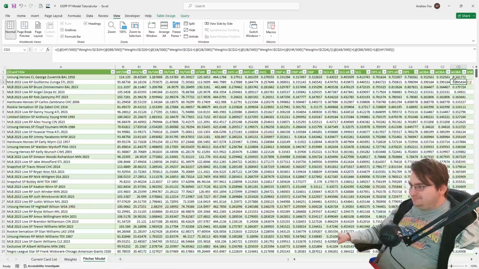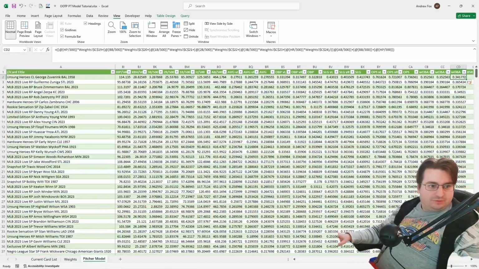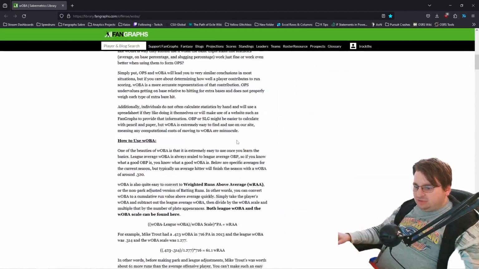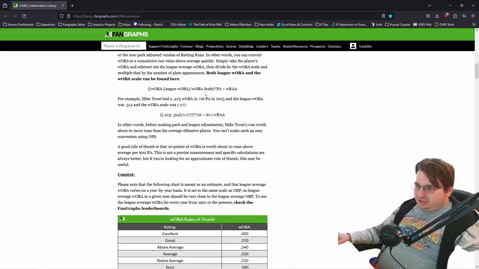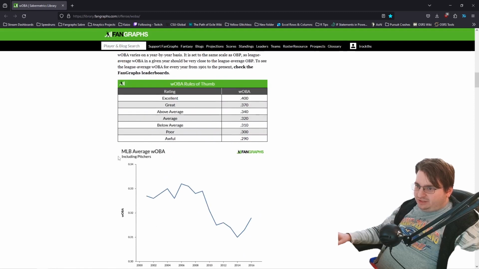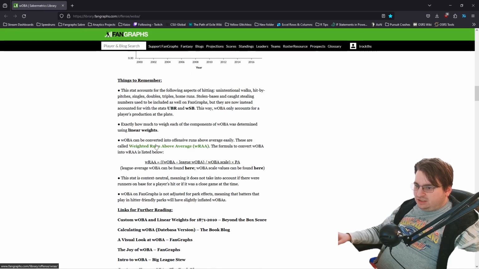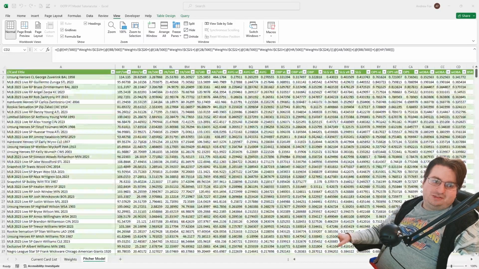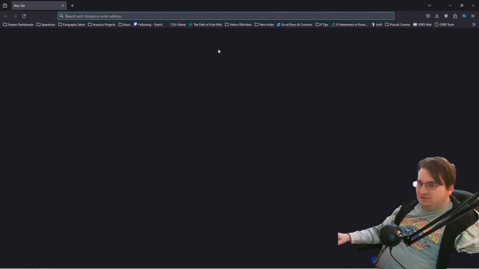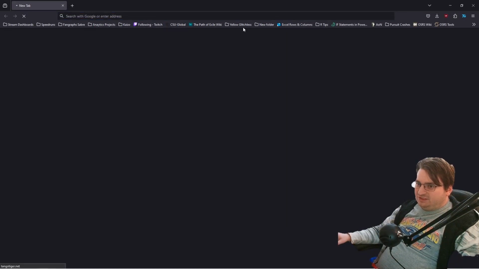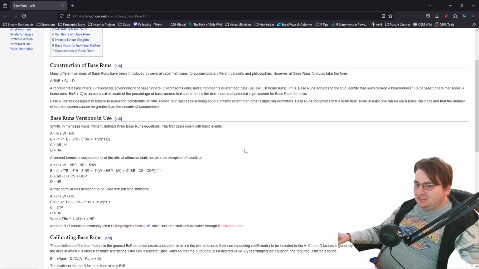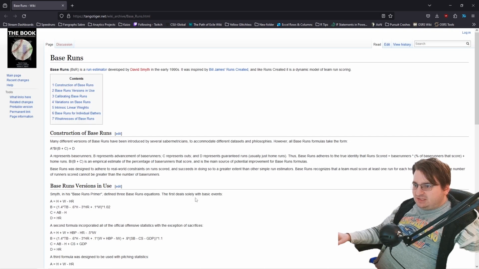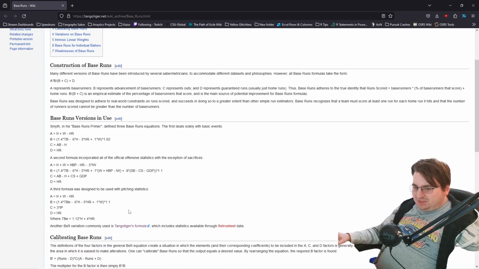So now that we calculated WOBA, if you go through the WOBA sheet here, you calculate WRAA and all that, then you can use that to calculate WAR, or we could do something even sillier. Not sillier, but more complex. This is the base run formula. It's a little bit arcane, but